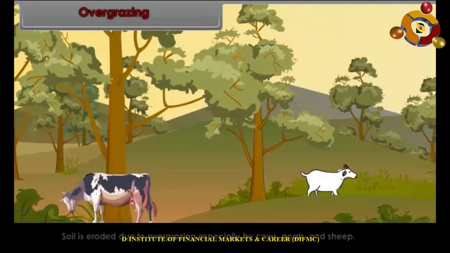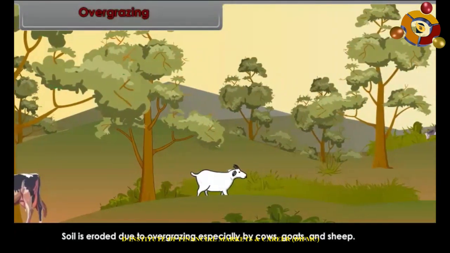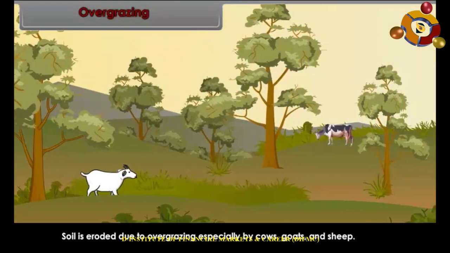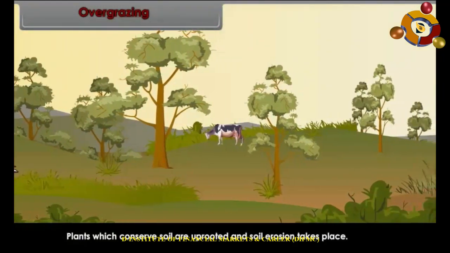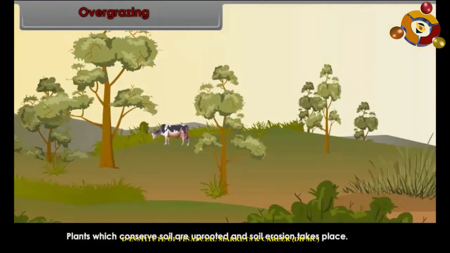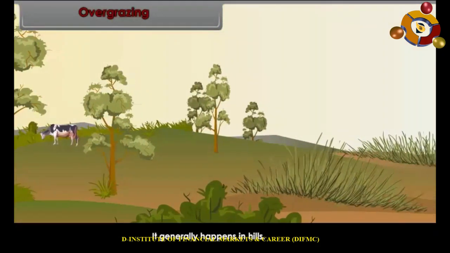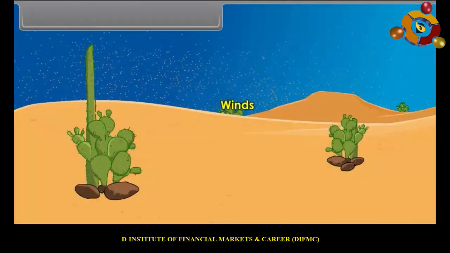Overgrazing. Soil is eroded due to overgrazing, especially by cows, goats, and sheep. Plants which conserve soil are uprooted and soil erosion takes place. It generally happens in hills. Winds.